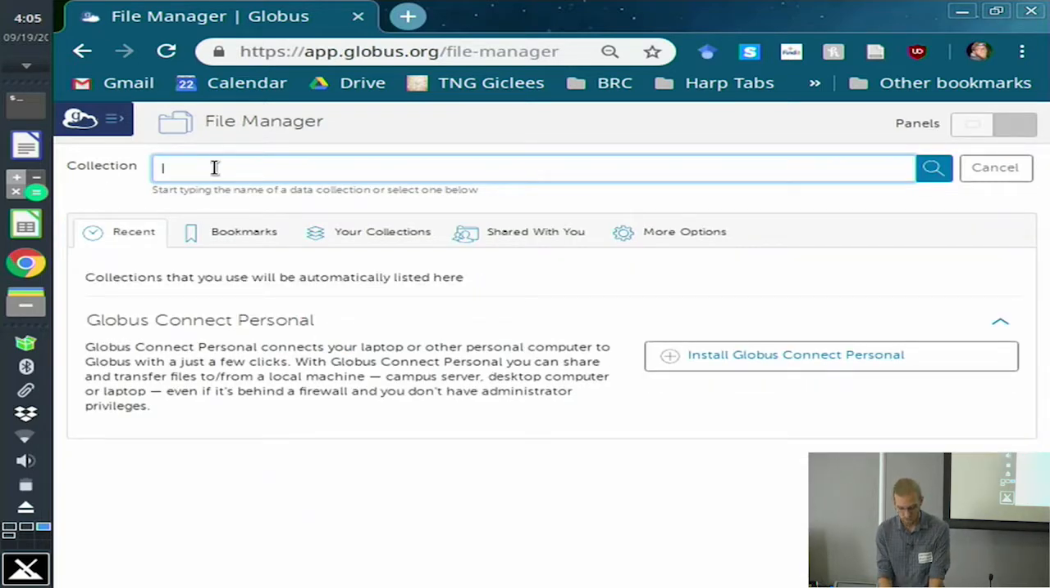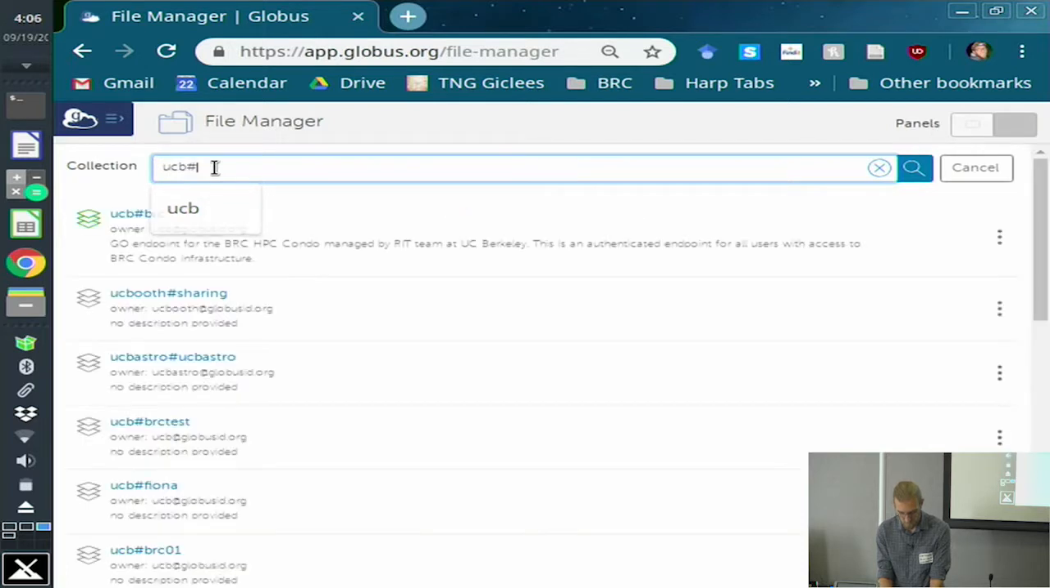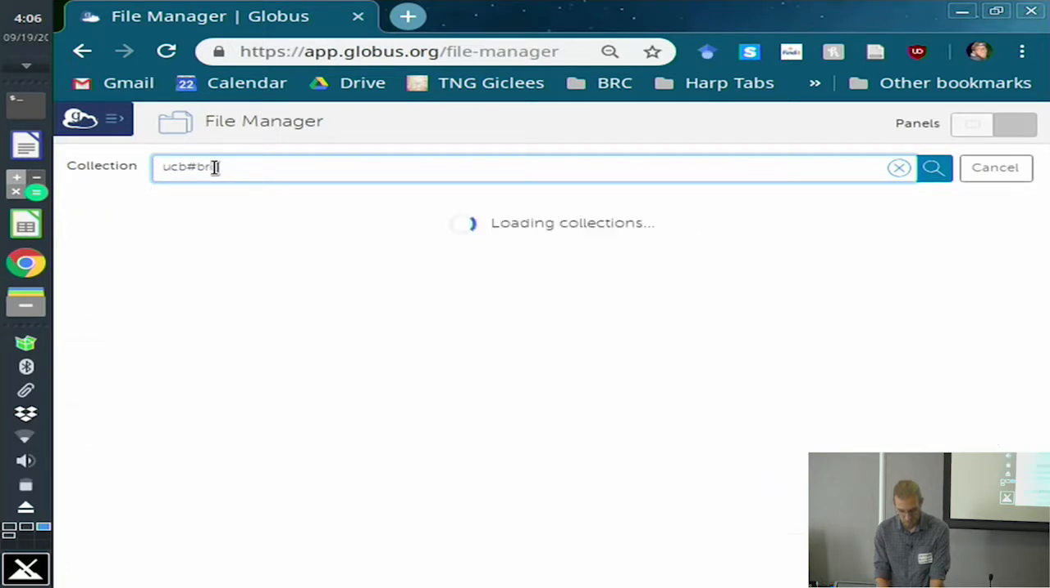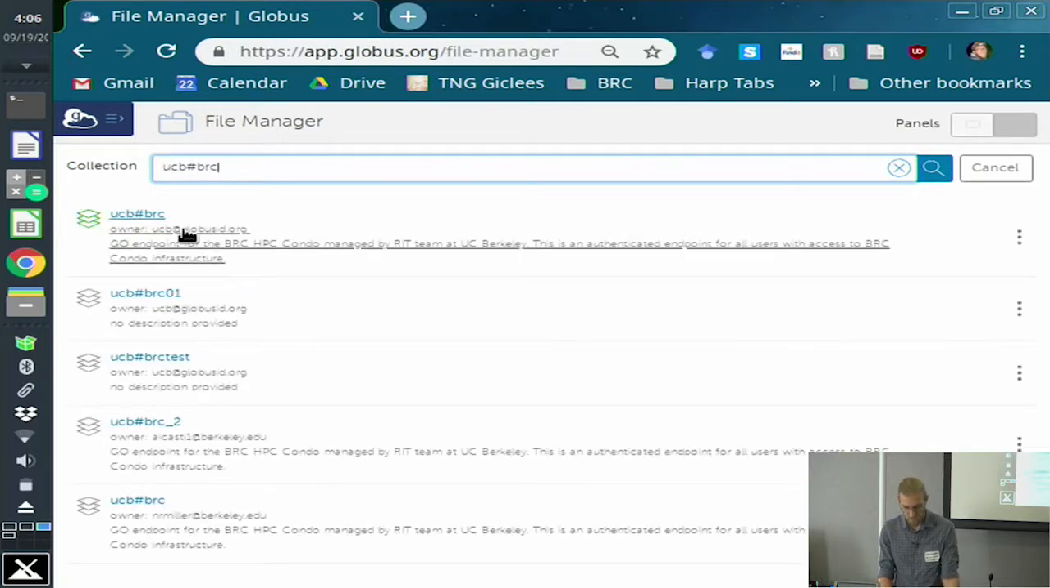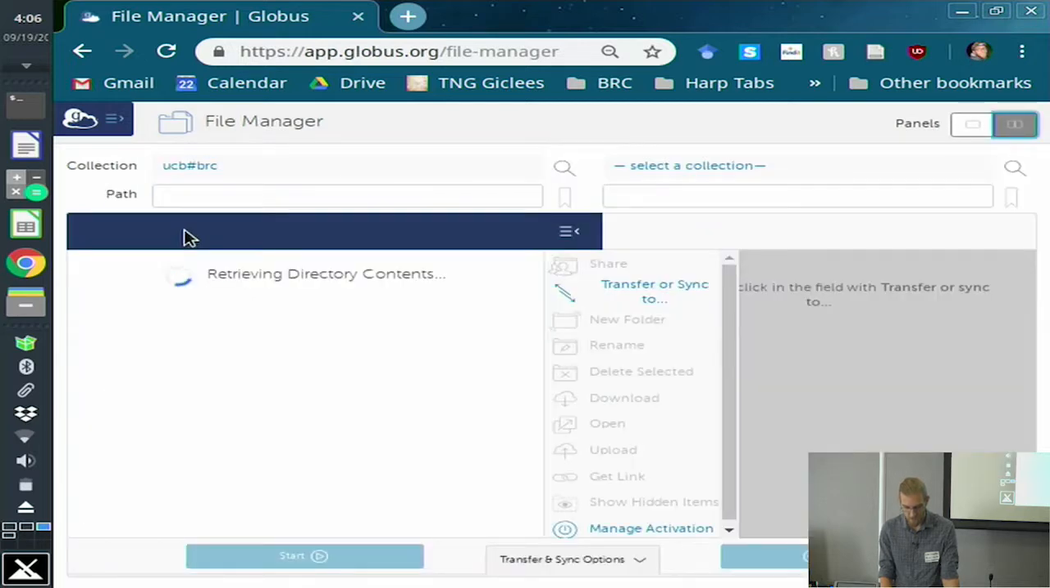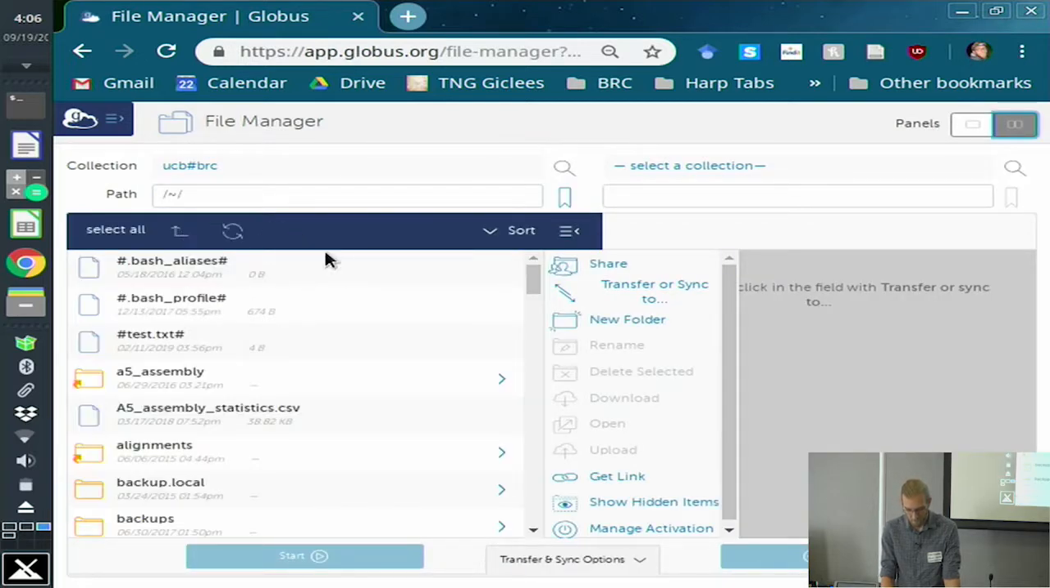And Savio's is going to be UCB #BRC. So that's it there. And that's Savio. And oh, I'm already logged in here too. That's weird. Okay, usually when you do this endpoint, it's then going to ask you to authenticate access to your